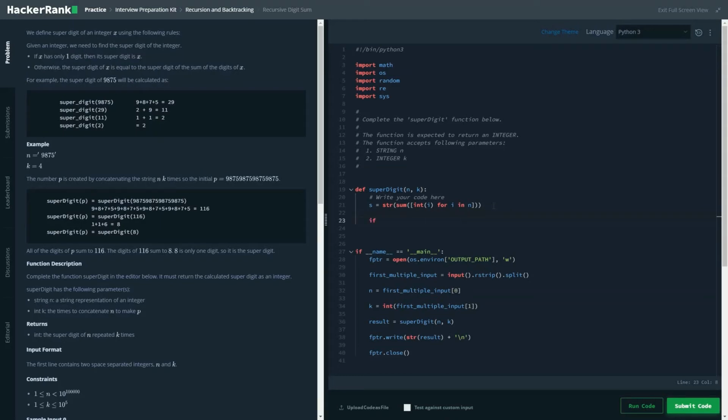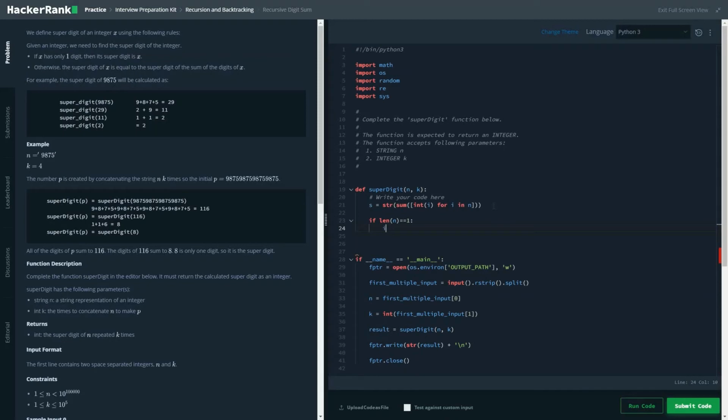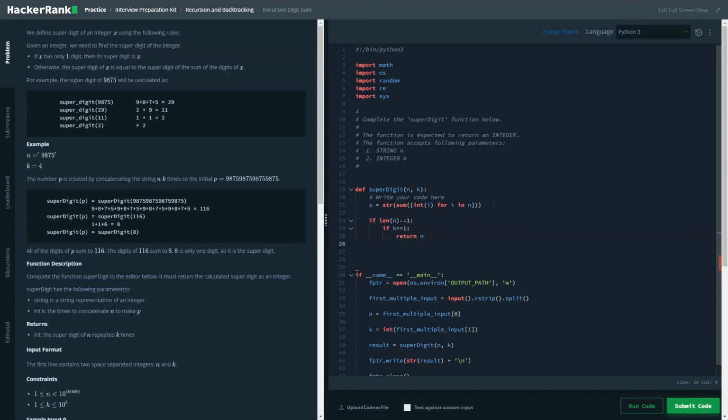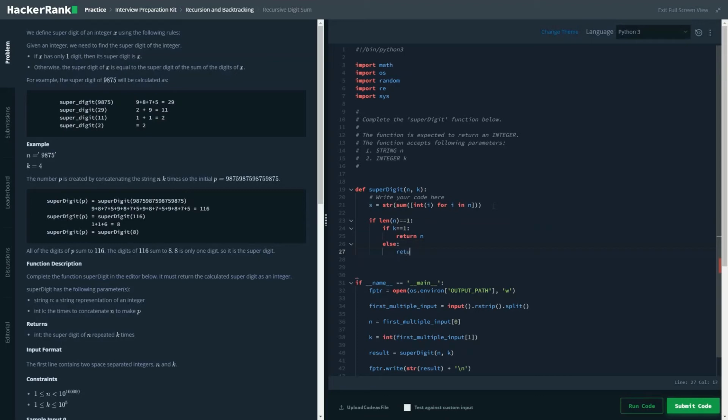So if the length of n is equal to 1, return n, else return super digit of n multiplied by k, comma 1.